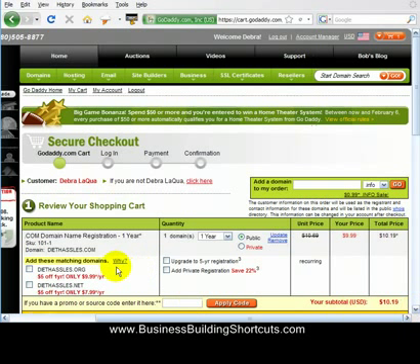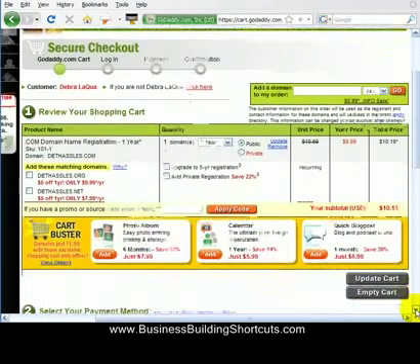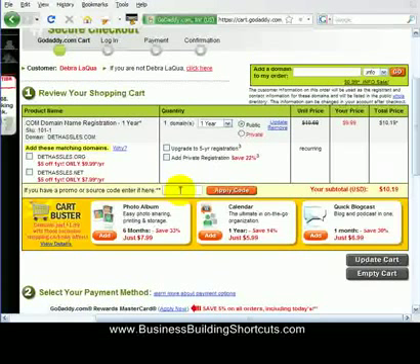So it's going to give you more options to buy more domain names. But for right now, we don't want to do that. If you happen to have a promo or source code to reduce the price, you can enter it there. Otherwise, scroll on down,